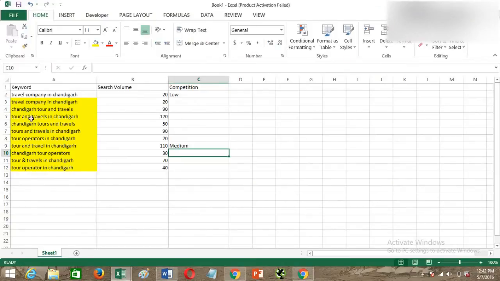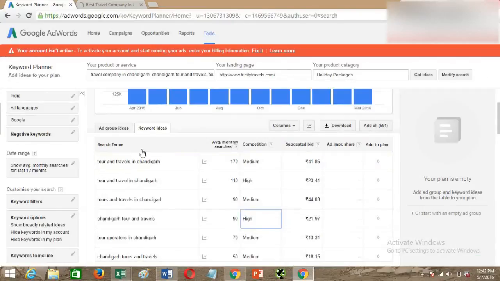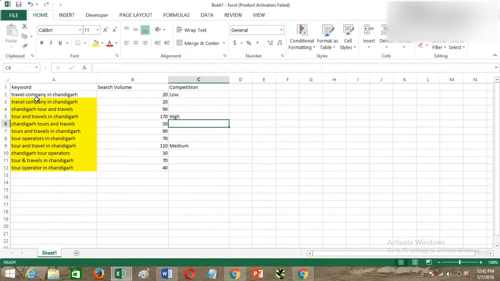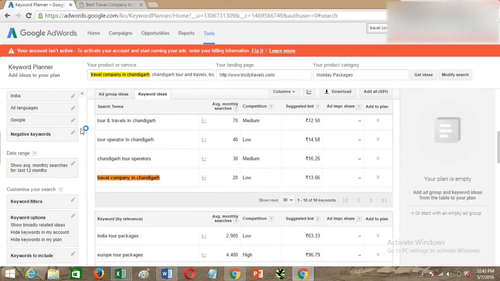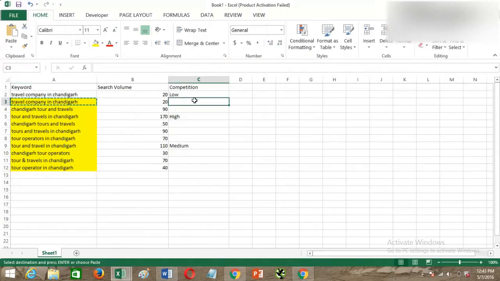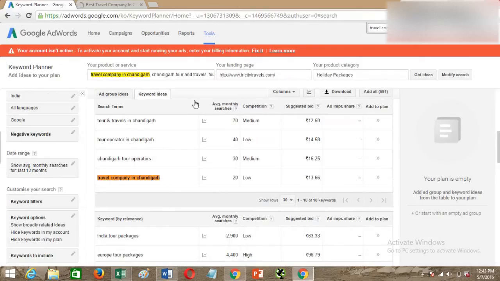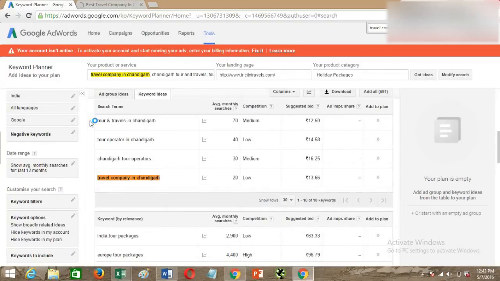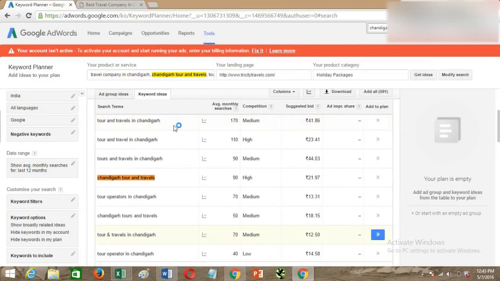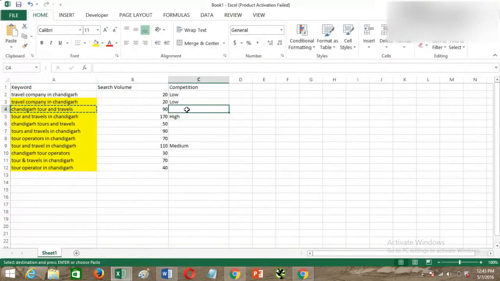Tour and travel in Chandigarh, this is having a high competition. This is having a low competition. This is again having a high competition.